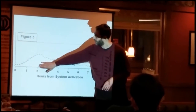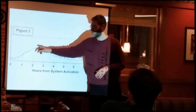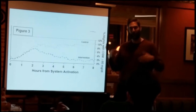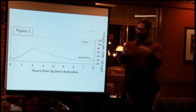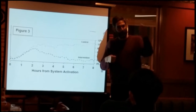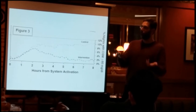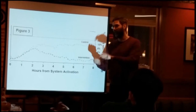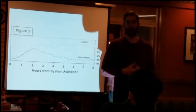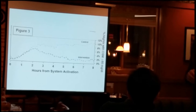Now, one thing that's interesting that I hadn't thought about, but of course it makes sense, is it takes about 2 hours, 3 hours for this system to show a difference. And that's because people had insulin in their body from before the system got turned on. That makes sense, right? If you took a shot of insulin, a bolus of insulin through your pump for bedtime snack, and then turn the system on, the system can't make the insulin go away. It can only stop new insulin from going in. So that argues that, well, maybe we should be doing this 24 hours a day and not just at bedtime,